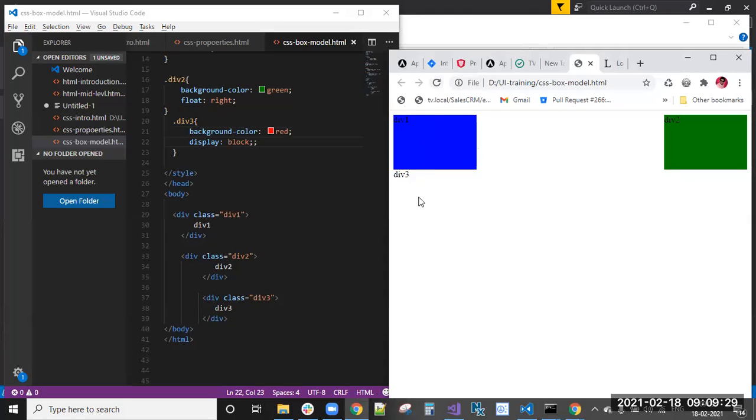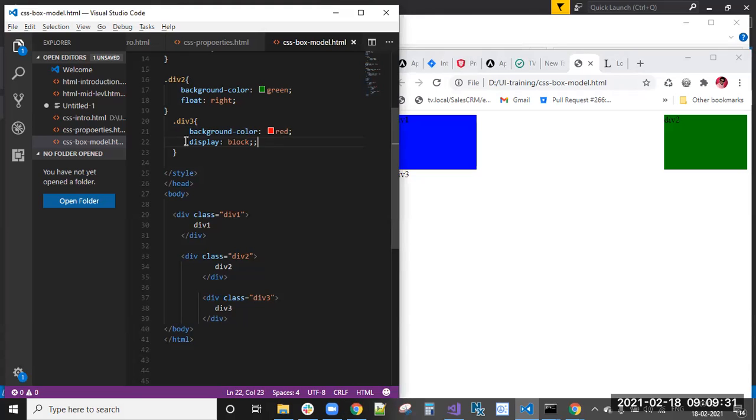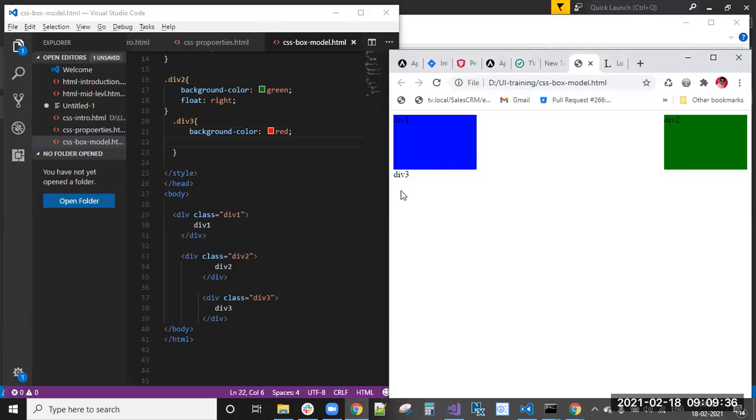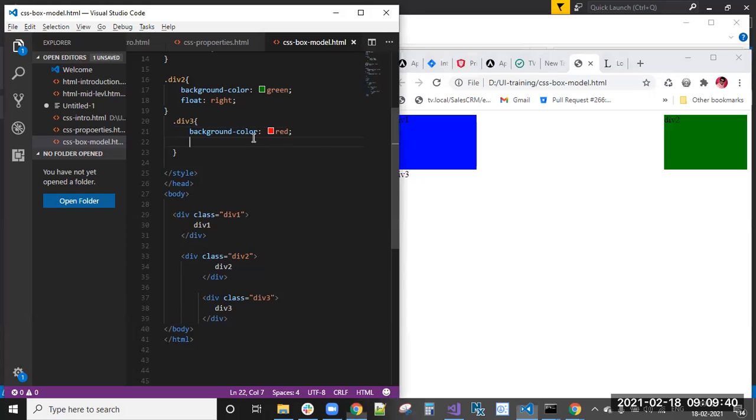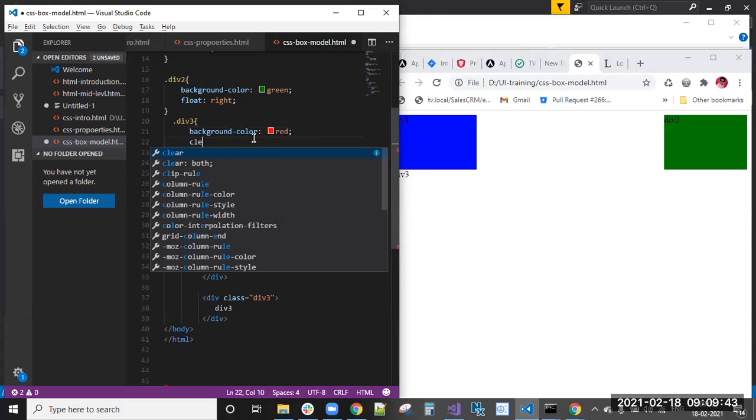Not the thing actually. See, because of this float only, we can see the unwanted behavior here. These background colors are not applying, right? Because these float properties we need to clear. When I am clearing that float properties,